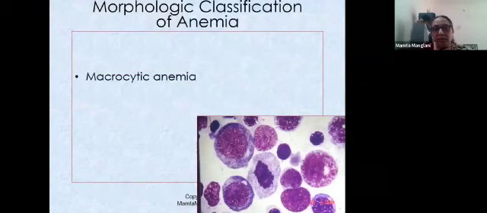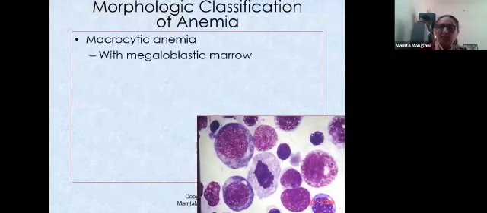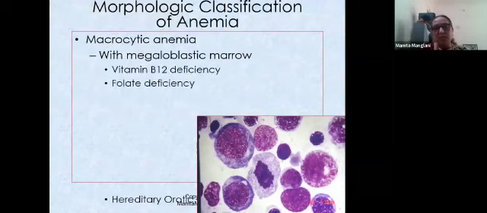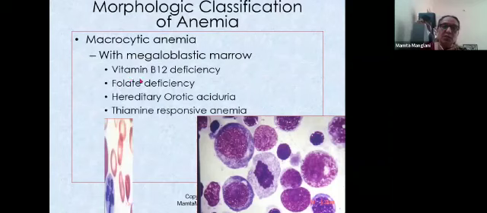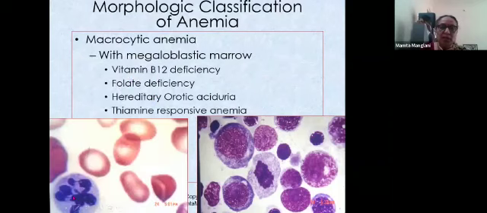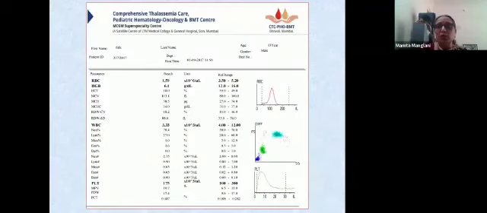Coming to macrocytic, if there is a megaloblastic macrocytic anemia, it is mainly nutritional deficiency. Sometimes some hereditary conditions also may figure. And here you will have typical hypersegmented neutrophils, macrocytes, macro-ovalocytes, and megaloblasts in the bone marrow. Now let's look at this CBC of a boy who was 13 years old, who came to us with anemia, 6.1 gram hemoglobin, 1.59 RBC count, 113 MCV. Obviously, it is a high MCV, very high.